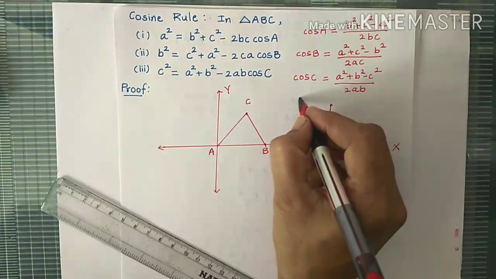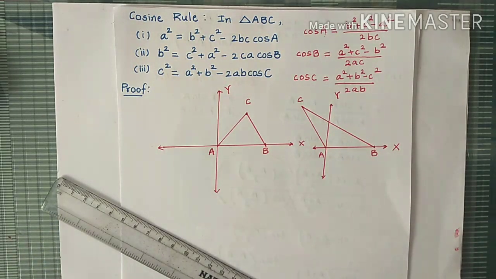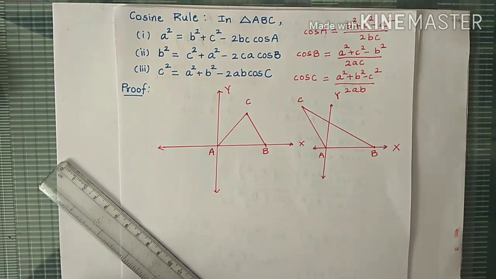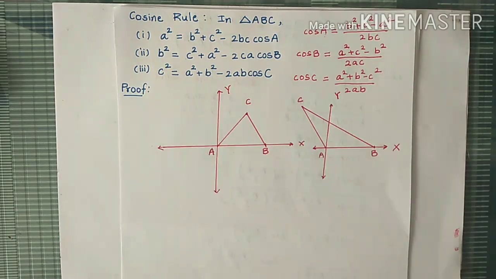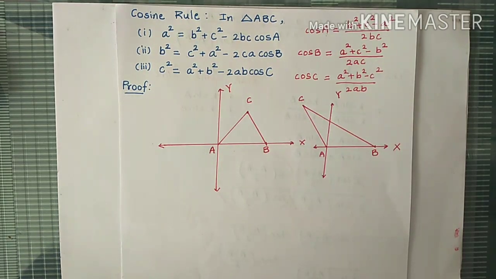So this is vertex C. Both diagrams will do. You can draw any of the diagrams. Now the only remaining case is angle A being a right angle, but that will be a specific case. So we are taking a general triangle ABC, where A is acute or obtuse. You can draw both, or only one diagram, no problem. So why are we taking it like this? Vertex A is at the origin and AB is along the positive x-axis, because now angle A is in standard position. So that way we are placing this triangle like this.